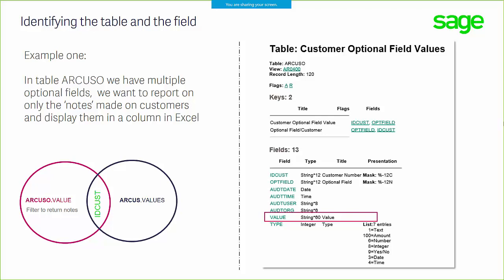So in this example for 300, you have one optional fields table for customers, and that has multiple optional fields. So you've got a notes field, you've got additional selections of data like location, maybe payment terms on that, and you may only want to pull out information for notes, and that's what we're going to